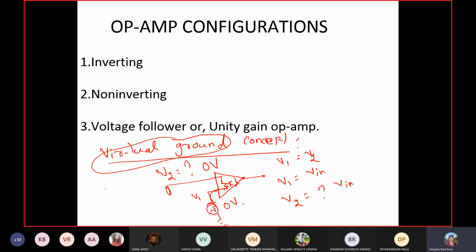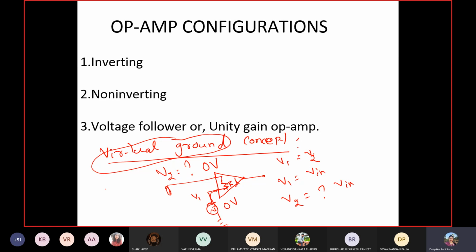I'm not saying that the 0 concept is always true. What is the voltage at V1 directly, without any resistor? V in is there, or suppose Vp is the positive voltage, then the same voltage will appear at the negative input terminal of the op-amp. That concept is always true, whether open loop, closed loop, ideal, or non-ideal. The same concept applies throughout the op-amp.